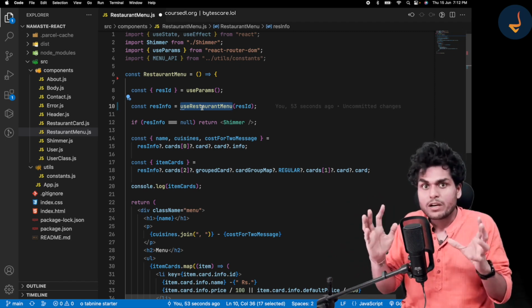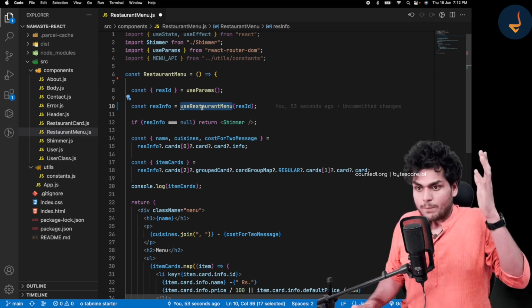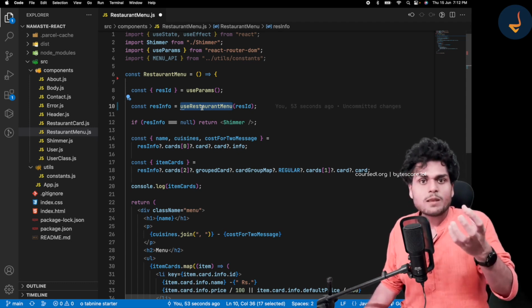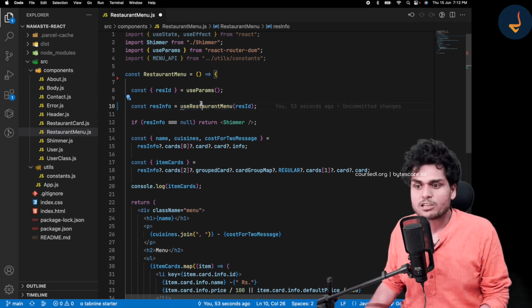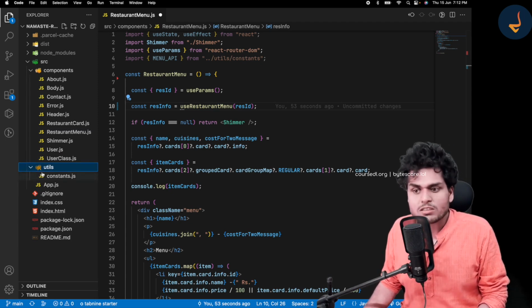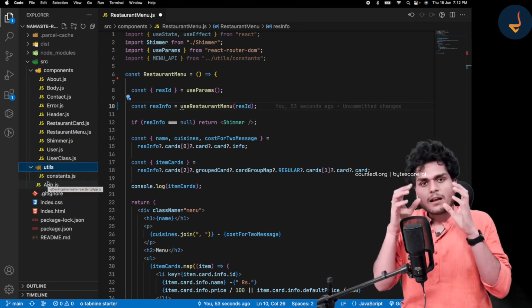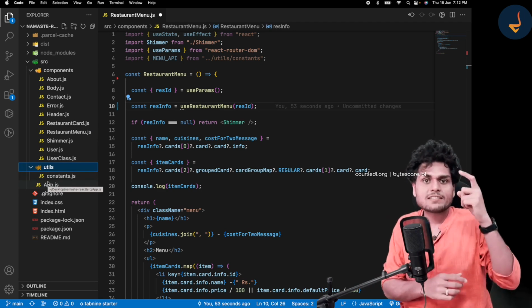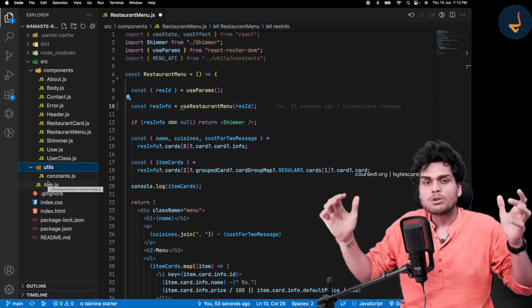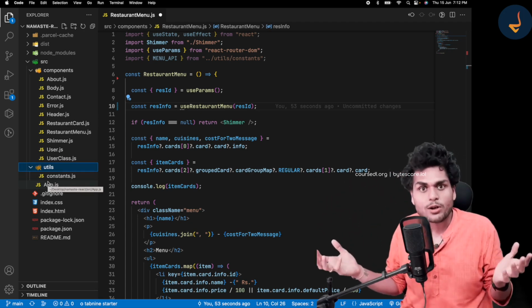So when they are helper functions, generally the best place to create them is in utils. I would love to create my hooks inside utils, and always prefer to create a separate file for a separate hook. That's a good convention and a good pattern to follow in your code base.